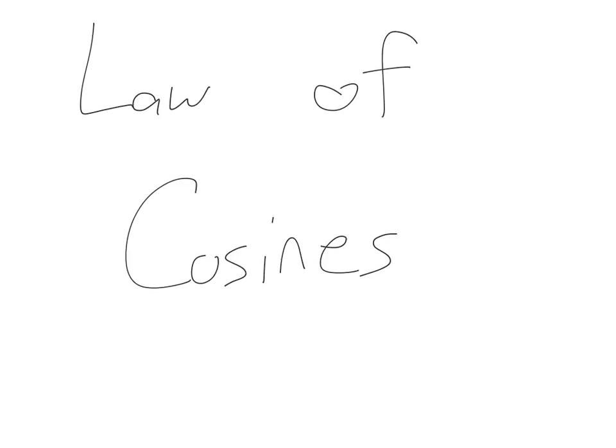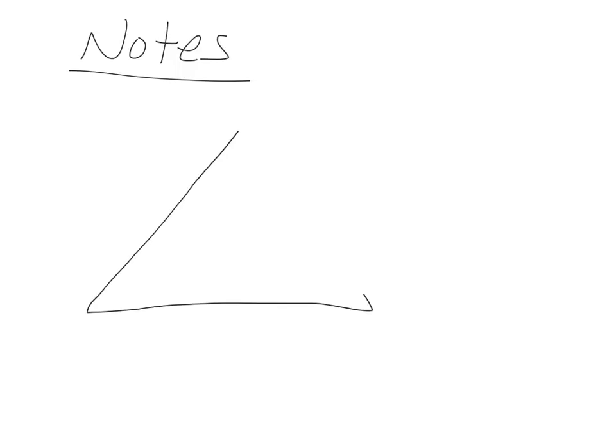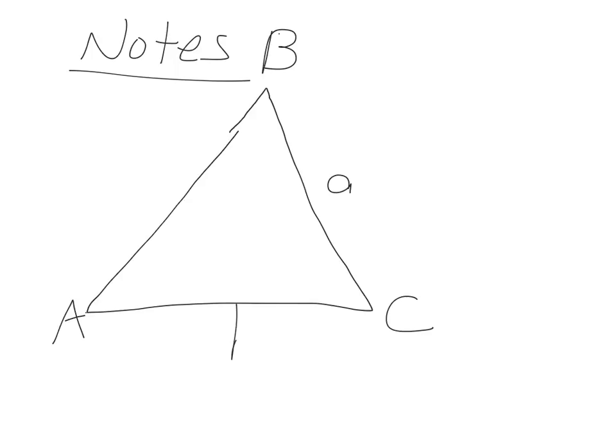We are going to learn about the law of cosines. Alright, so the law of cosines is just a generalized form of the Pythagorean theorem. If you have some random triangle with angles A, B, and C, the side across from angle A would be side A, the side across from angle B would be side B,